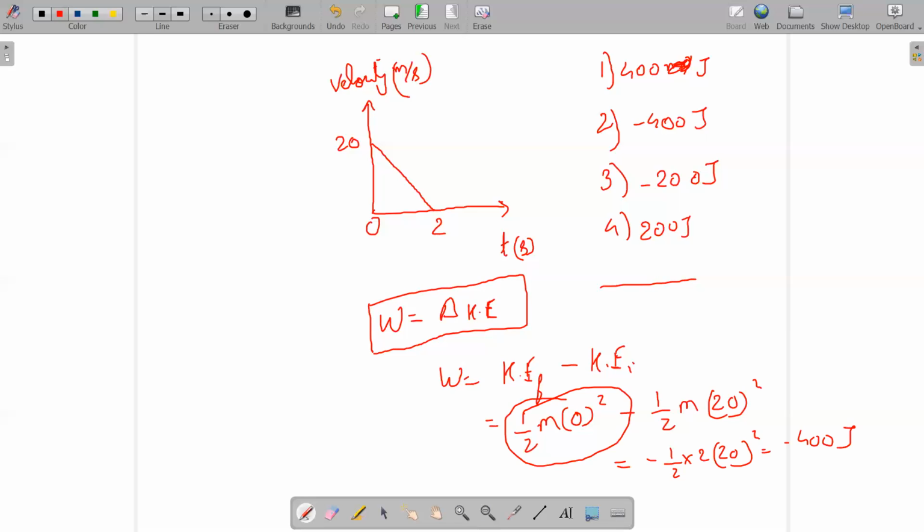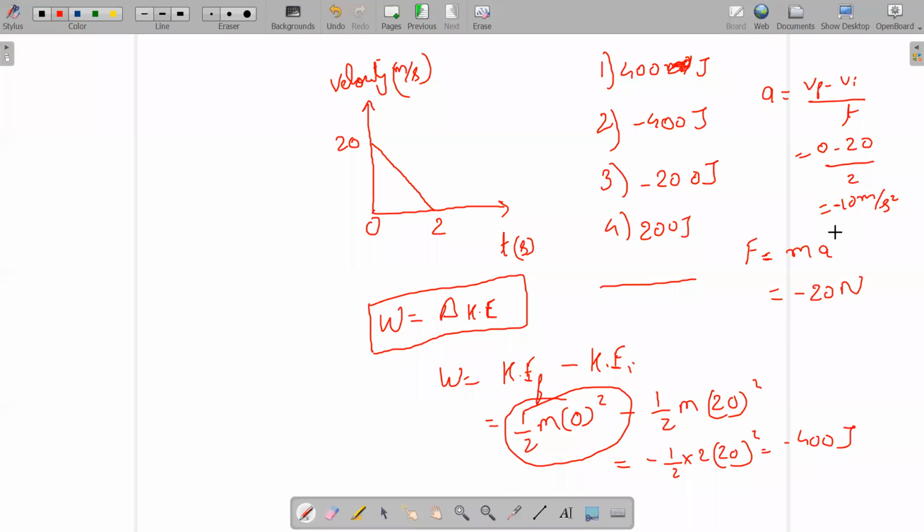Many of you might have gone to calculate the acceleration as v final minus v initial by the time taken. Final velocity is 0, initial velocity 20, time taken is 2, so we get minus 10 meter per second square, with the minus sign. Then force will come out to be ma. In this case, it will be 2 into minus 10, which is minus 20 Newton. So that will be the force.